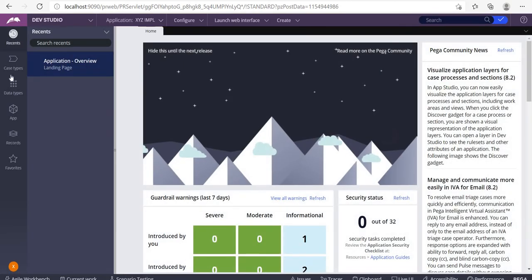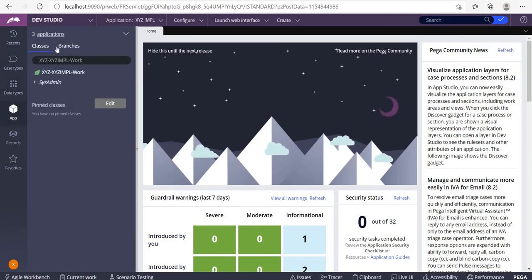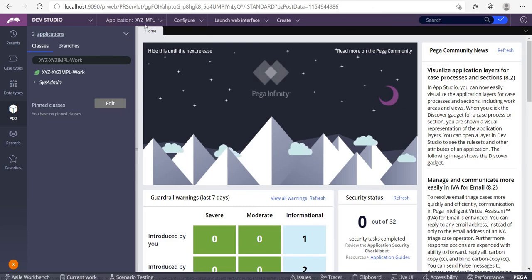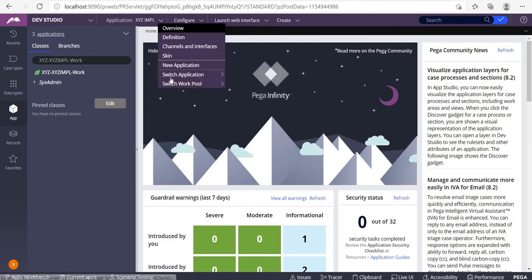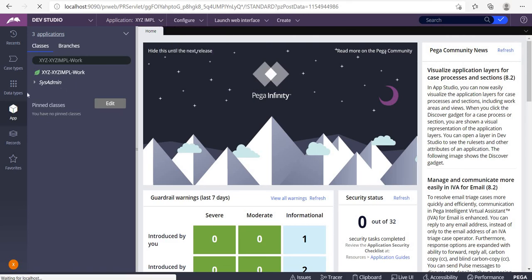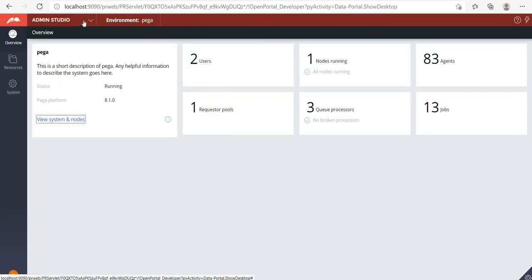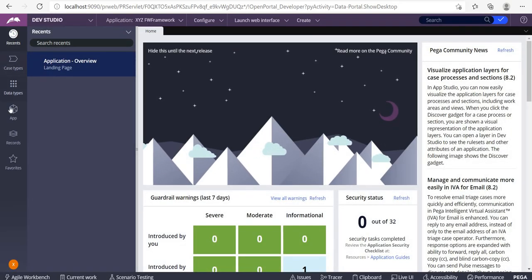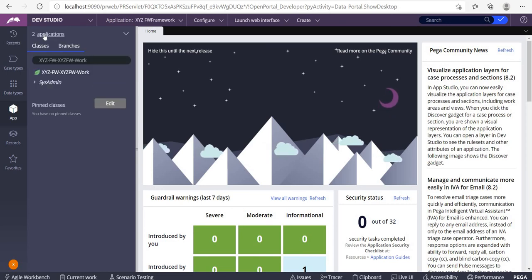Again, if you click on the app explorer, you will see there will be 2 applications. One minute, we are in the implementation still. Switch to the framework. Once you switch to the framework, you will be seeing the framework class and the framework layers in the app explorer. Go to app explorer. There you will be seeing two applications.